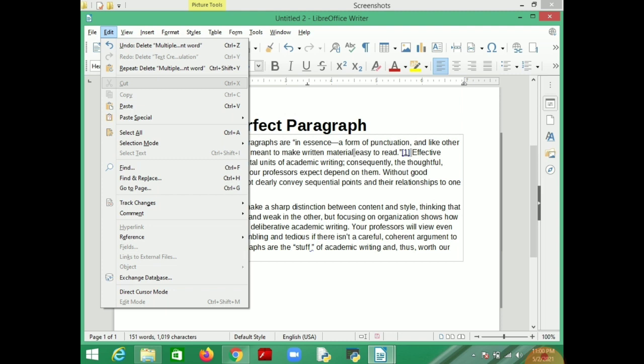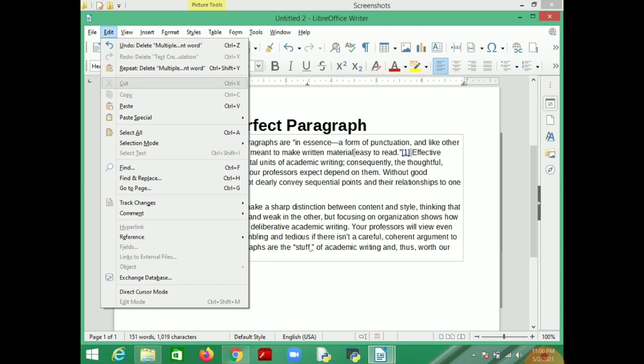To paste, in both cases you can cut, copy, and paste. For paste you can use the shortcut Control V, or simply the Paste option, to paste whatever text you have cut or copied from your text document.